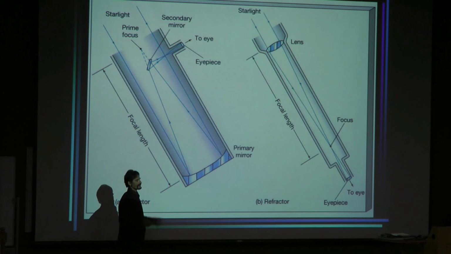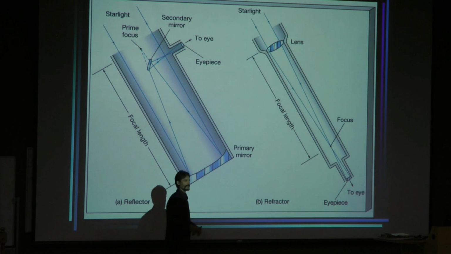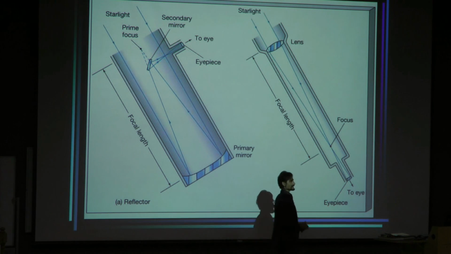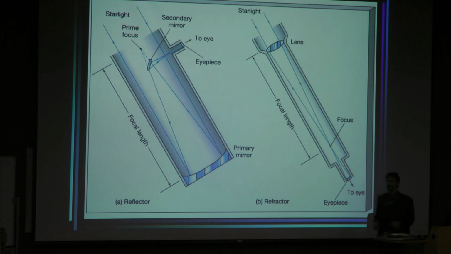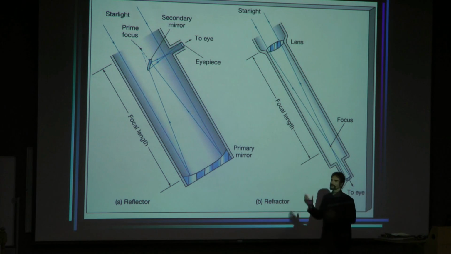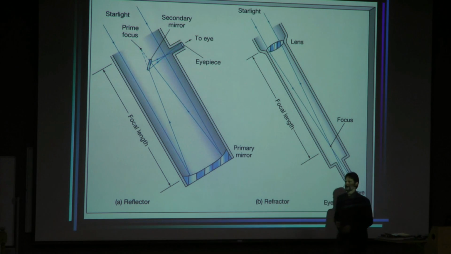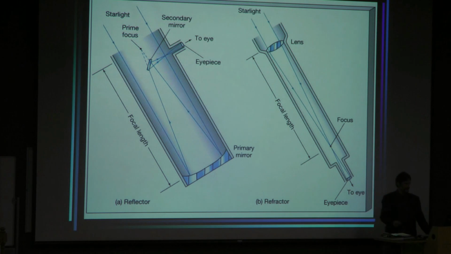Now, one thing that's assumed here is that all the light is coming in parallel to the axis of the telescope. If it comes in off axis, it actually doesn't get focused with the same focal length. So you might think this could be a problem, but the thing is, all the astronomical sources are so far away that the light reaching us really is parallel to that axis, to very high accuracy, so we can focus to a single